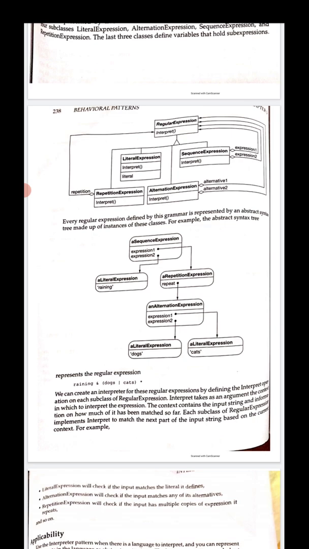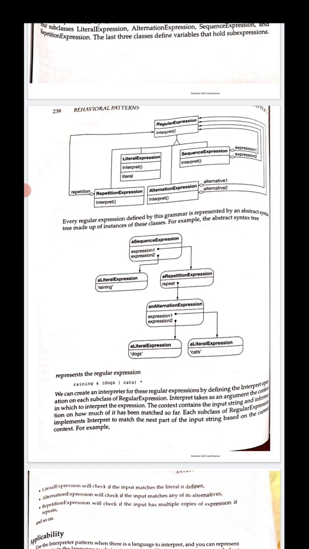Every regular expression defined by this grammar is represented by an abstract syntax tree that is made up of instances of these classes.